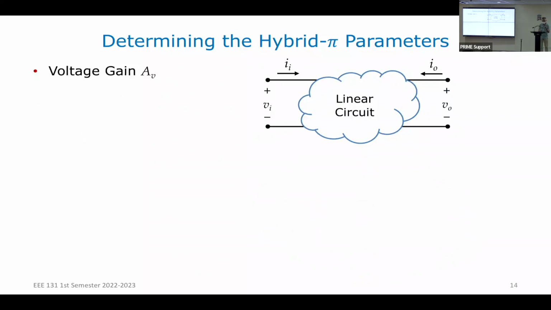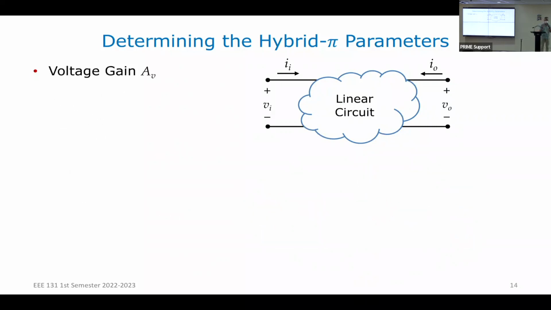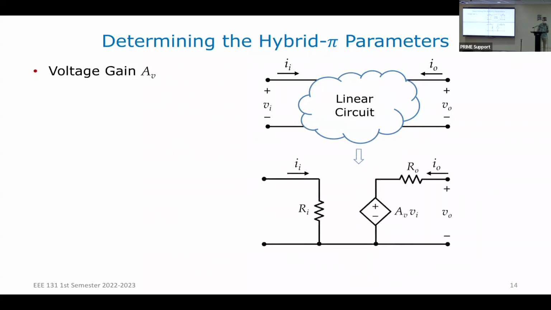Okay. What about voltage gain? No? So ito ang kina-compute ko is yung g sub m. Para ma-compute ko yung voltage gain, what I have to use is the Thevenin equivalent of your circuit. So how do I get now? Okay, how do I get voltage gain? No? If I leave this open,